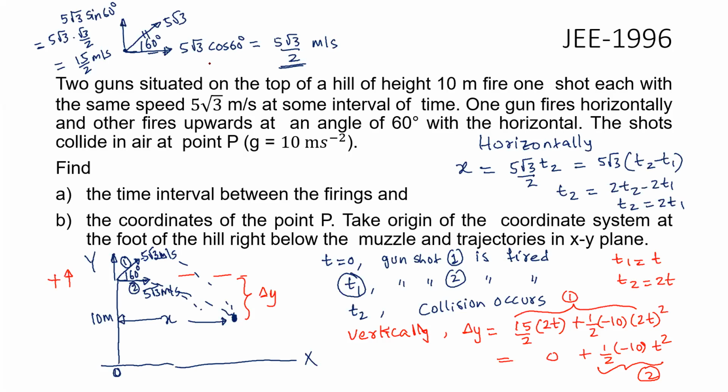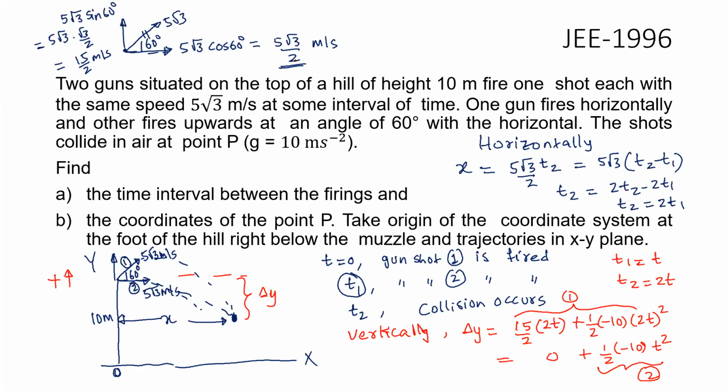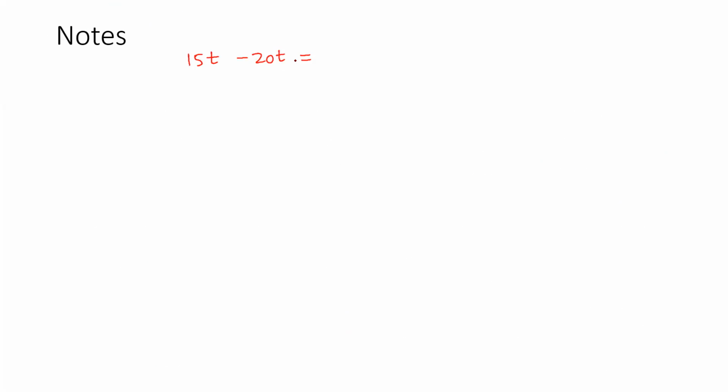So then I have what here? I think minus 5 into 4 t square. So that is minus 20t. This is equal to, then this is minus 5t square. Okay, sorry, this is t square as well. So we get 15t as 15t square. Now t equal to 0 is from the beginning. So that means our answer is t is equal to 1 second. So in 1 second, the collision happens.